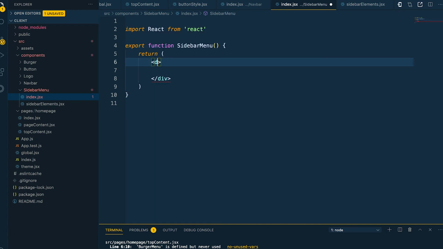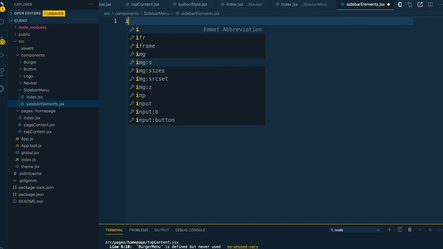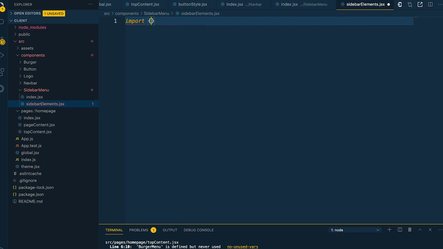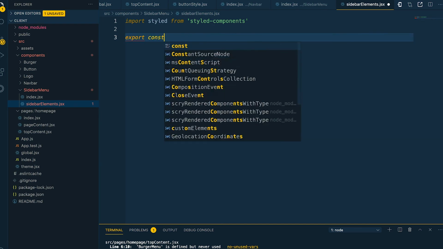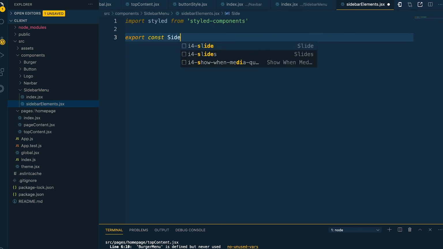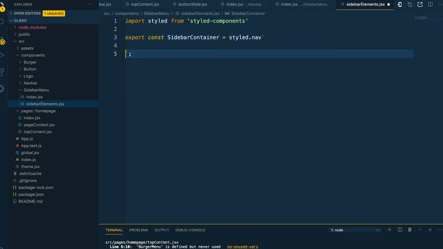So here, okay, we can leave that for now. Then inside here we will import styled from styled component, and then here we'll export a constant, which will be sidebar back quotes, and then